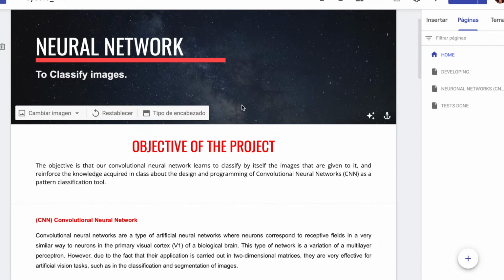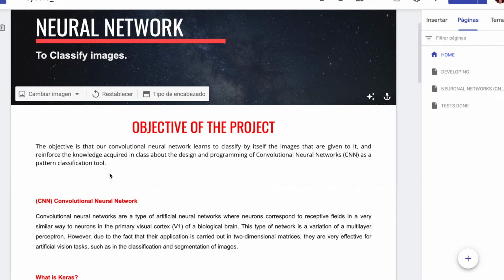The objective of the project is that our convolutional neural network learns to classify the images that are given to it, and reinforce the knowledge acquired in class about the design and programming of convolutional neural networks as a pattern classification